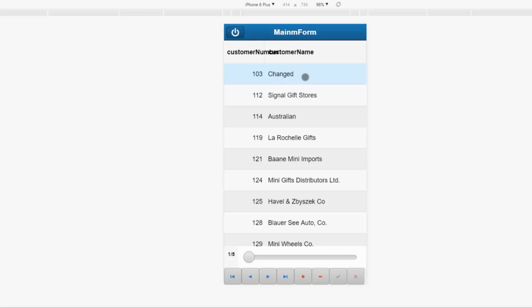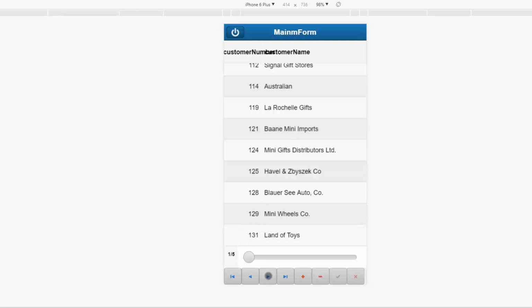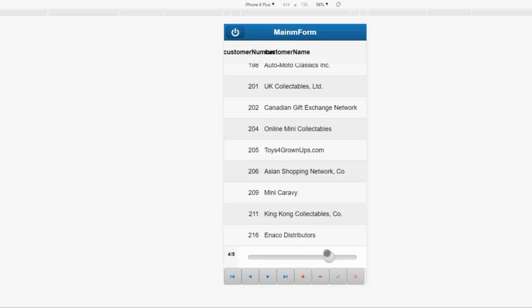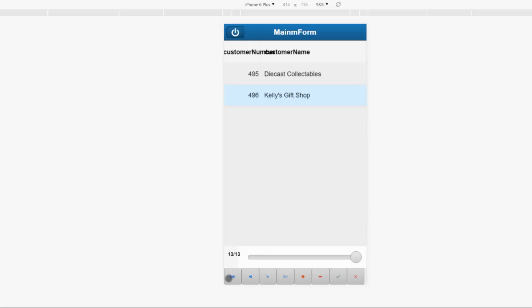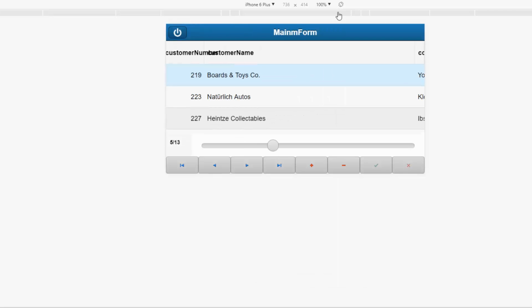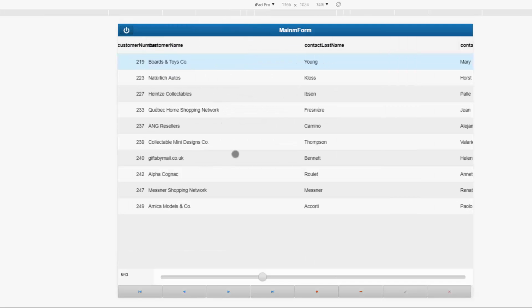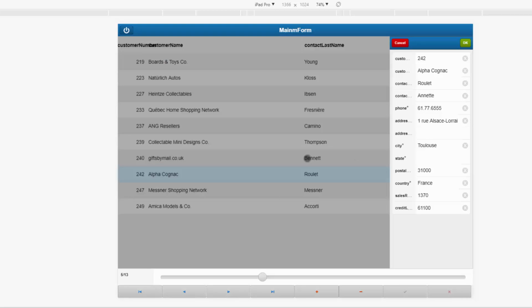And yes, here is our mobile main form, and here is our debug grid. You can navigate it and also use the slider to change a page. You can change the orientation of your device. You can select a bigger device such as iPad, and here you can simply edit any row by double clicking or double tapping on it,